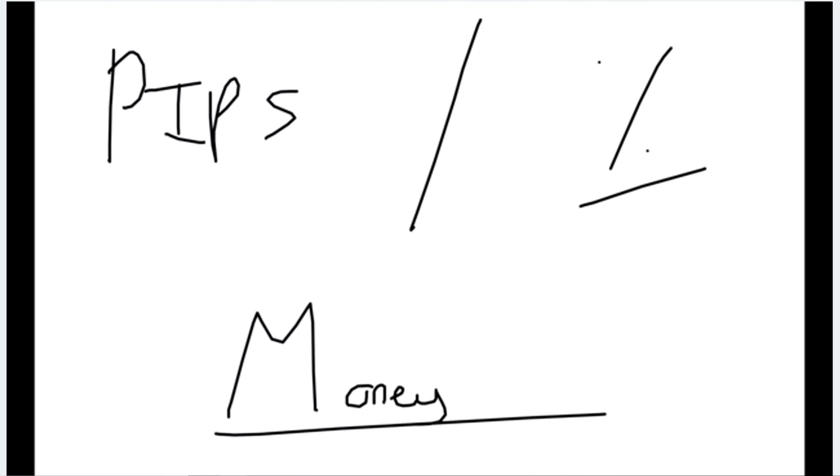In terms of pips, every single trade setup, every piece of analysis we're going to be going over, I'm going to be highlighting the pips. Okay, we're risking 60 pips or 120 pips. We're going to be risking 50 pips or 100 pips. Whatever it may be, it's always about the pips.